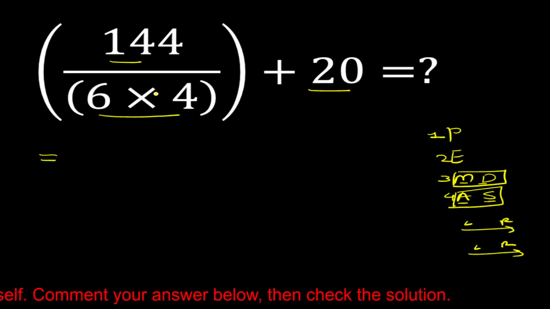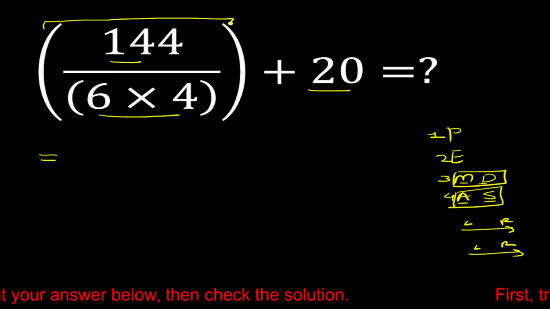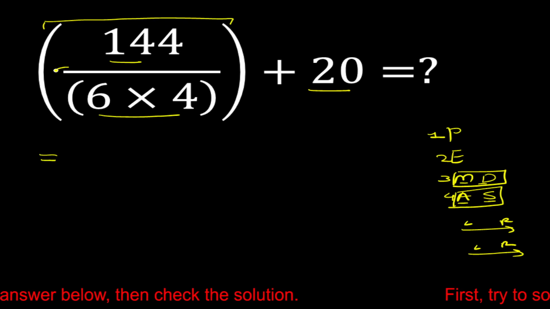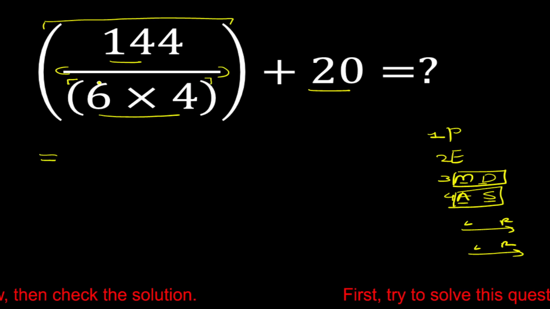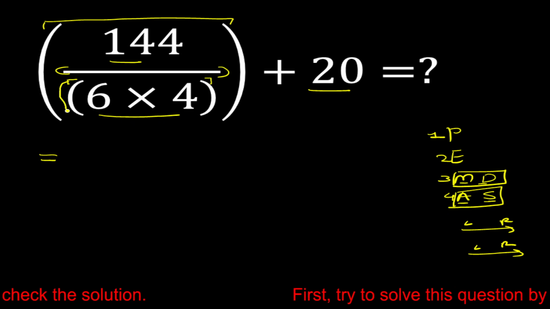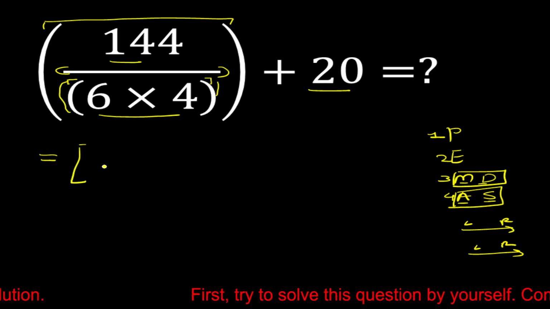So in this question, first priority is parenthesis. So first we have to solve this parenthesis. Okay. Now in this parenthesis, here we have one division and one another parenthesis. So first priority is parenthesis. So first we have to solve this parenthesis. Okay. Is equal to, in the parenthesis,